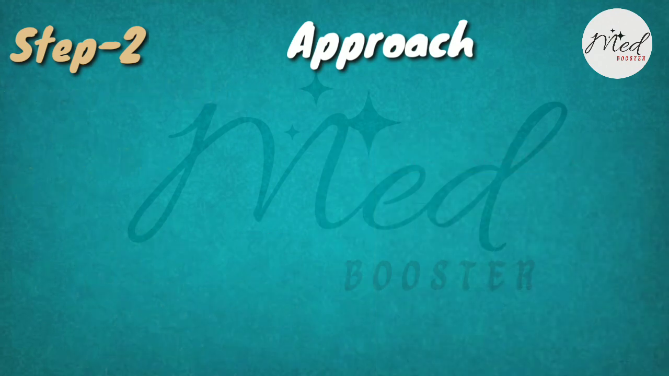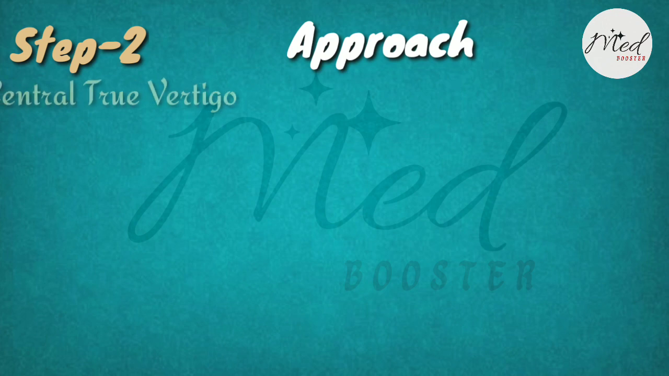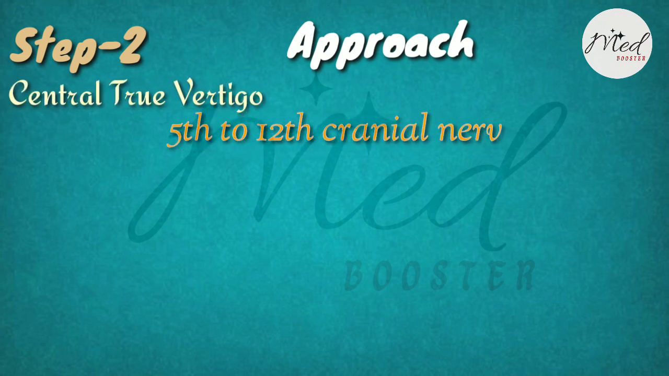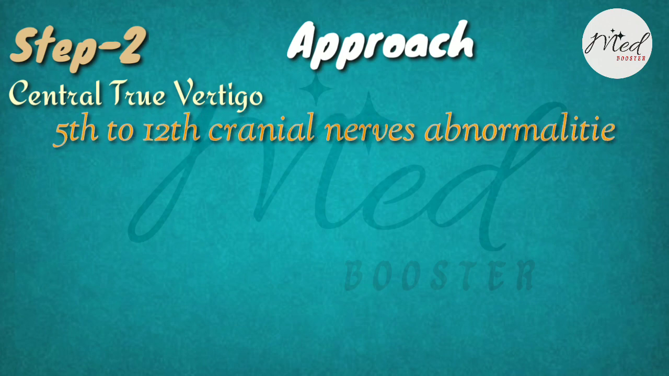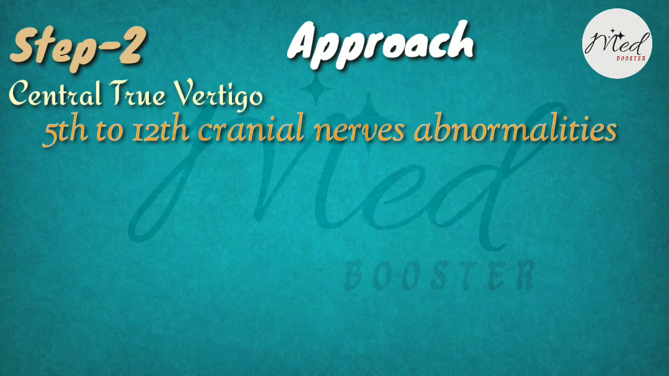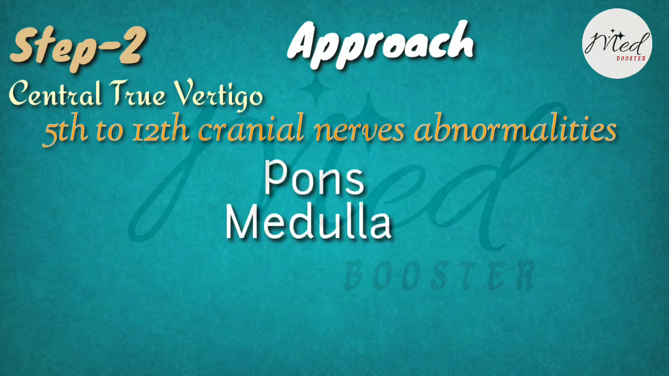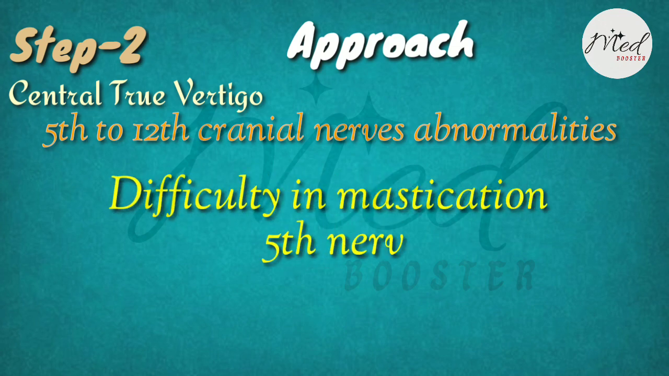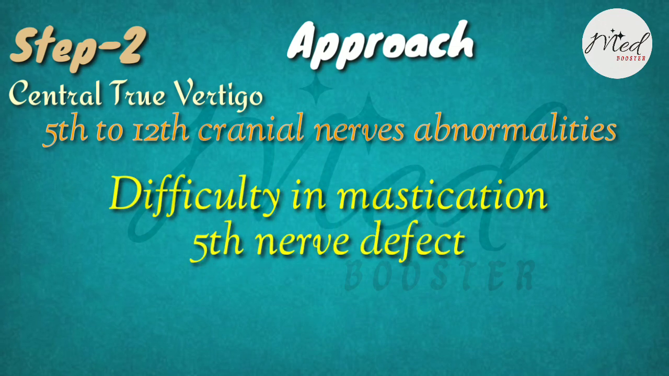Now moving on to the central causes. Cranial nerves 5 to 12 arise from the pons and medulla. So with any defect in the pons and medulla, we will find cranial nerve defects arising from that area. So ask the patient whether there is any difficulty in mastication, for the fifth nerve,